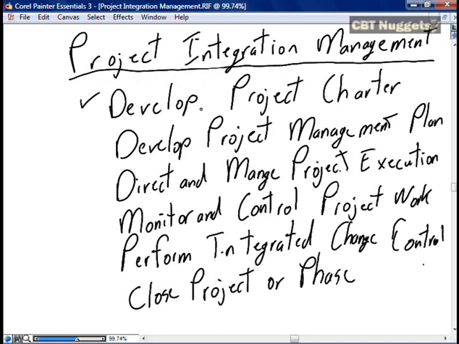The first is to develop the project charter. The previous release of the PMBOK guide had a second process in what I would call the initiating area, which was to develop the preliminary scope statement. In this, the fourth edition of the PMBOK guide, the develop preliminary scope statement has been removed and simply embodied into, is contained in, the development of the project charter. So that's one change you'll see in this edition of the PMBOK guide, the removal of the preliminary scope statement, with the realization that the project charter really does contain the preliminary scope statement. Develop the project charter. This is initiating.